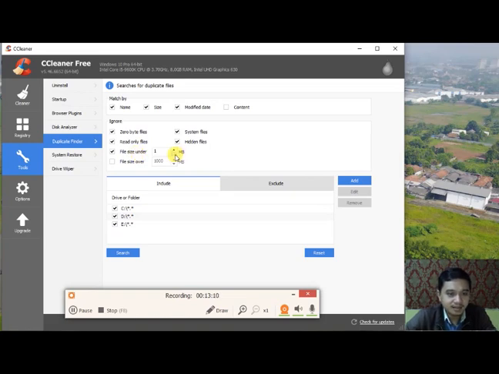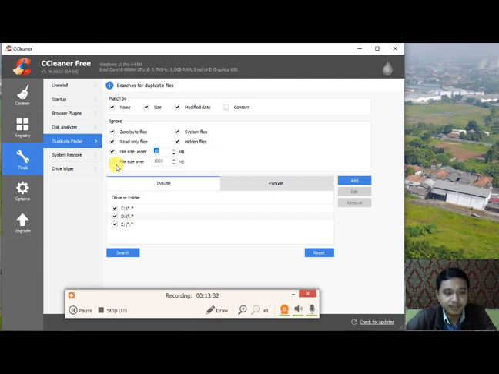You can see it can be modified, or you can add your size if you want to find the files. You can add 10 megabytes as an example, or file size over.